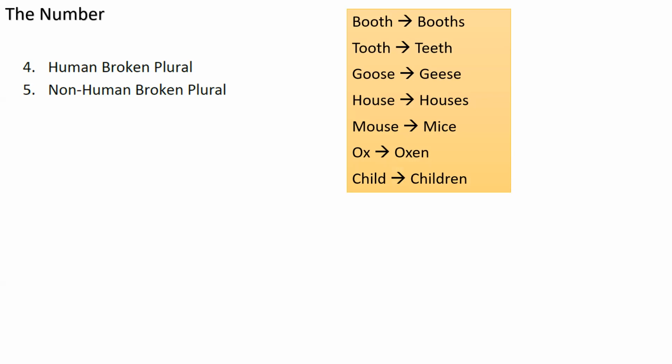This kind of plural is called broken plural, where the general s and es is not added, but a new word or new letter is added, so the spelling gets changed. For example, tooth is never toothes, it's teeth. Goose is geese, mouse is mice, not mouses. It's not oxes, it's oxen. It's not childs, it's children, so we add ren. With ox we add en. Mouse had 5 letters, it became 4 letters, so it becomes mice. So this concept is called broken plural.